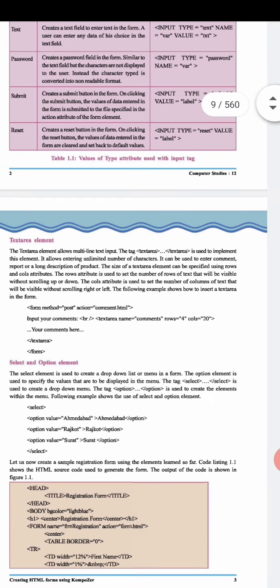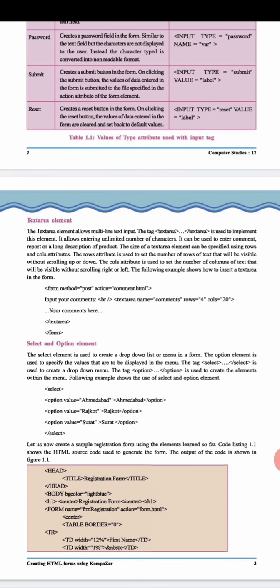See, the textarea, I'm not reading the whole thing, I'll just give you the overview. Take the example of Facebook. There you are typing a comment. The comment has no limit. You can write as much as you want, right? Address, when you are writing an address, it may be of 2, 3, 4 lines. So it is never of one line. Where the content is much bigger than a normal one-line sentence, there you can give a textarea.